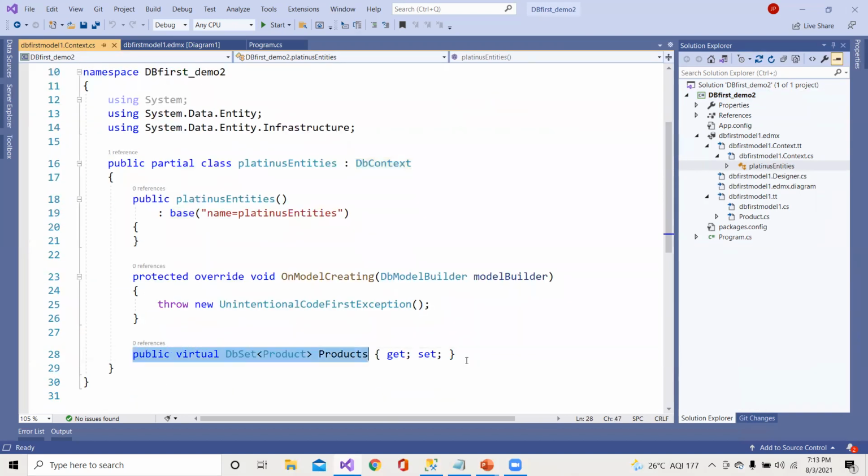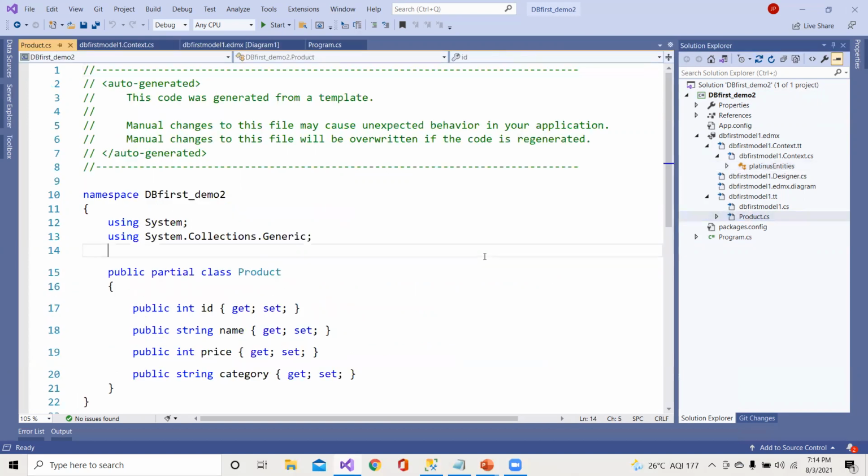And again, products: as we have chosen that particular checkbox, it added the "s" to the product class, and you are getting the DbSet of Product. It is a get and set, a read and write property. Each and every file has a meaning.